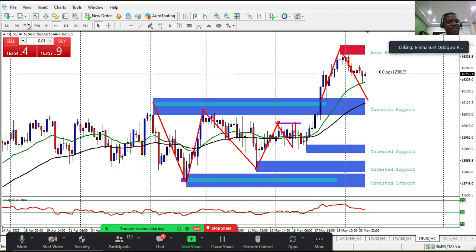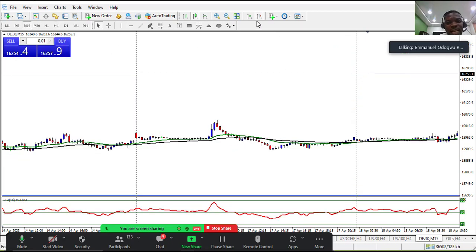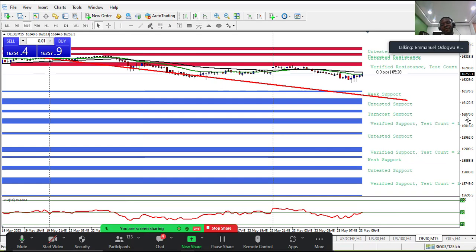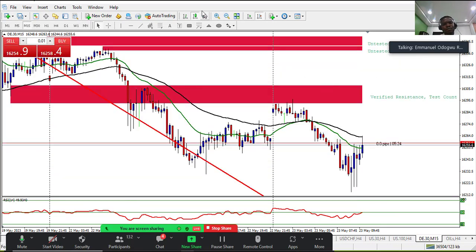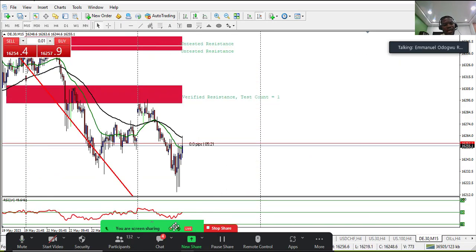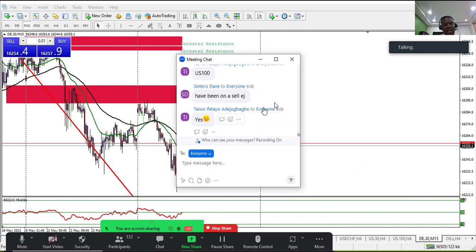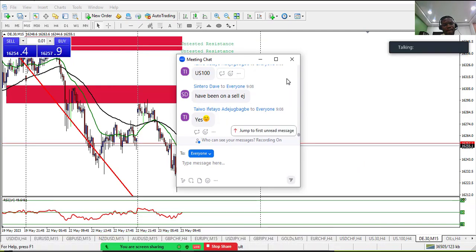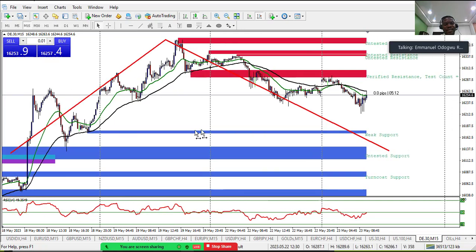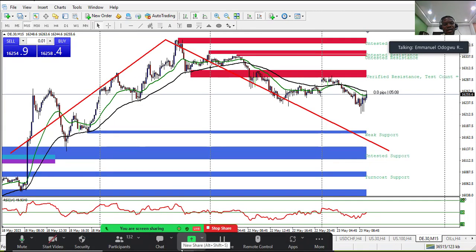So quickly, 15 minutes time frame for intraday traders. Now let's jump in, please. 15 minutes time frame for intraday traders. So quickly,